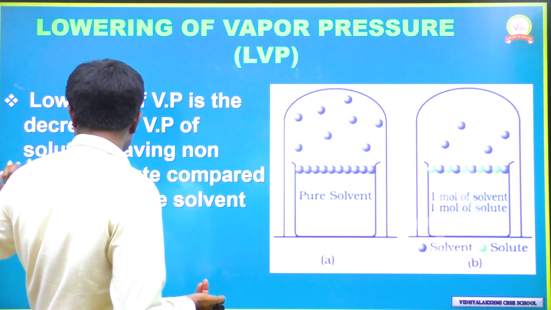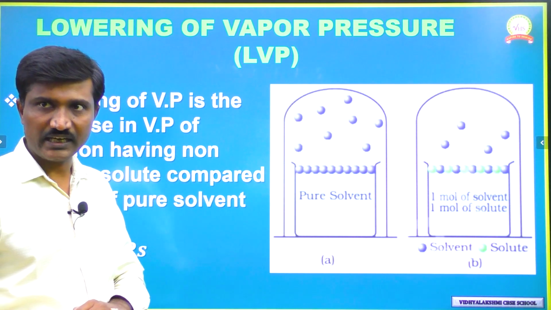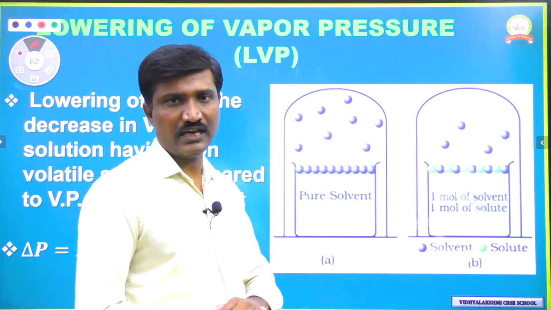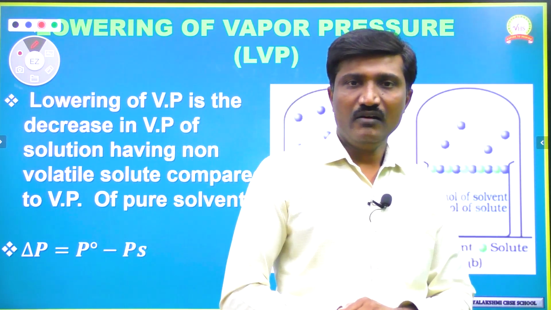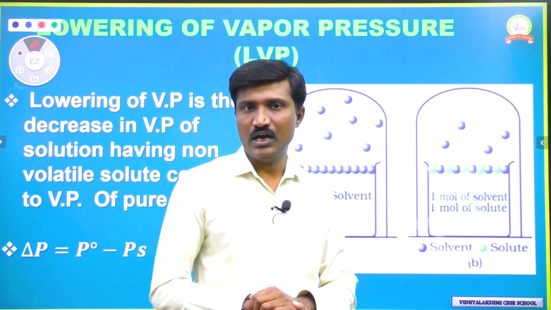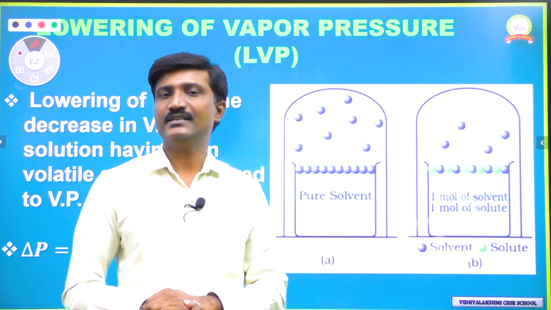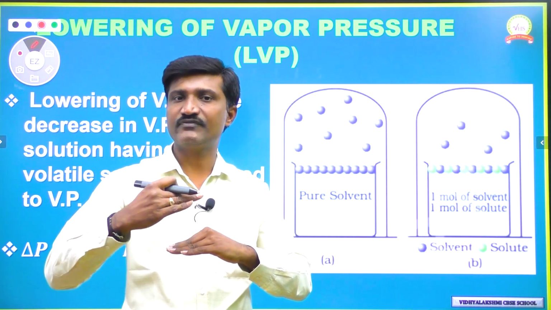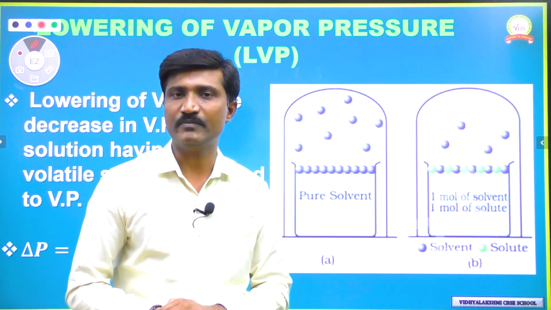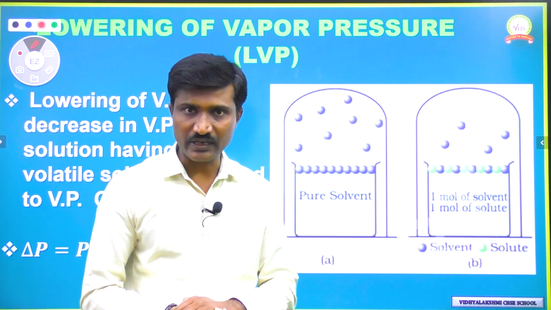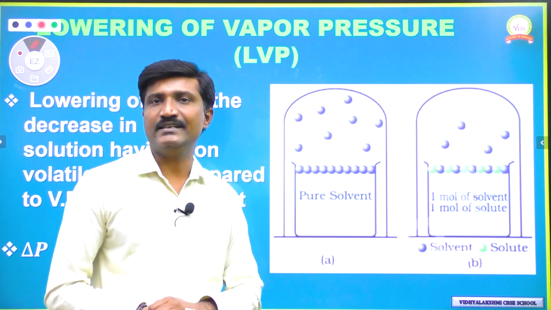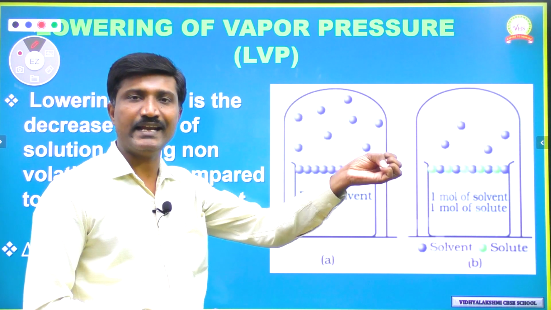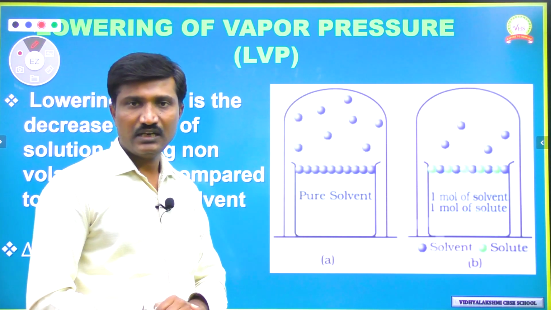If you take any liquid, that liquid has some volatile nature. If you take any liquid like petrol, diesel, kerosene, water, chloroform, alcohol, any liquid, it has somewhat volatile nature, meaning the escaping of liquid molecules from the liquid state into vapors. That property is called volatile nature. So here I am taking the solvent as a liquid. This is the pure solvent, meaning I am not adding any solute to that liquid.